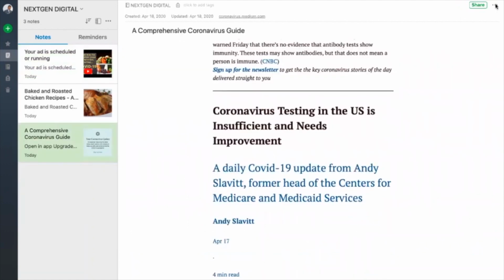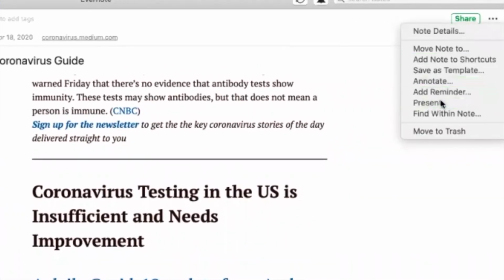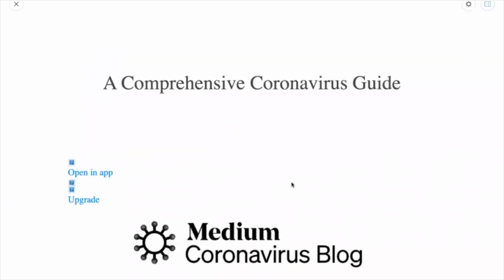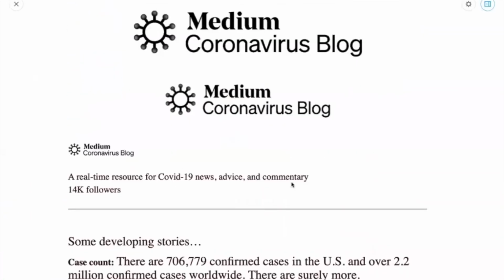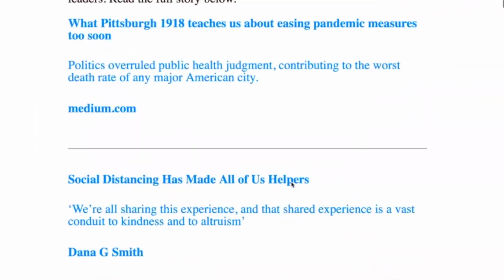From a business standpoint or from the professional standpoint, we all have a lot of PDF documents and presentations which we are giving to or presenting in front of our clients. You can save your presentations in Evernote and present them to your customers directly from the Evernote application with a beautiful interface and UI.